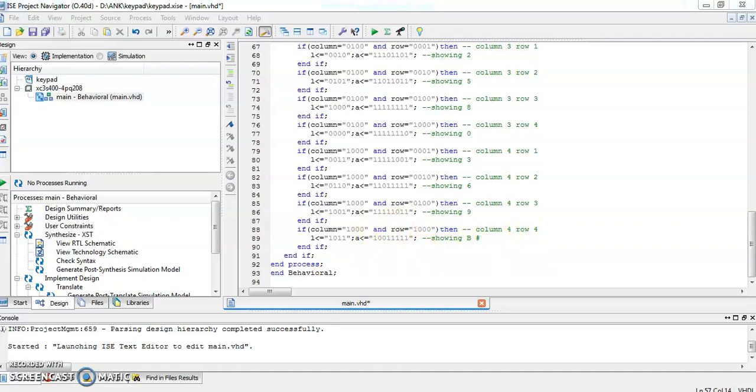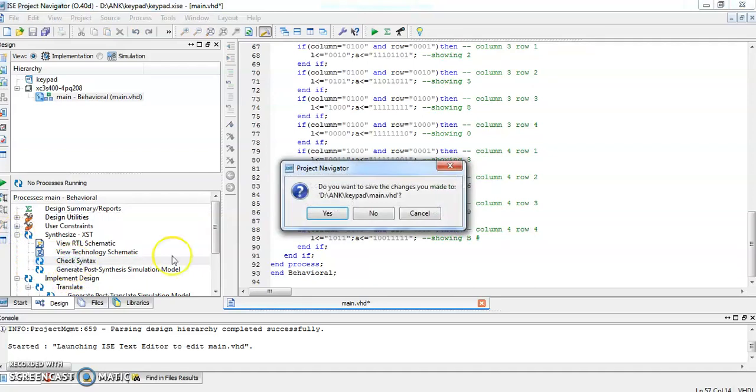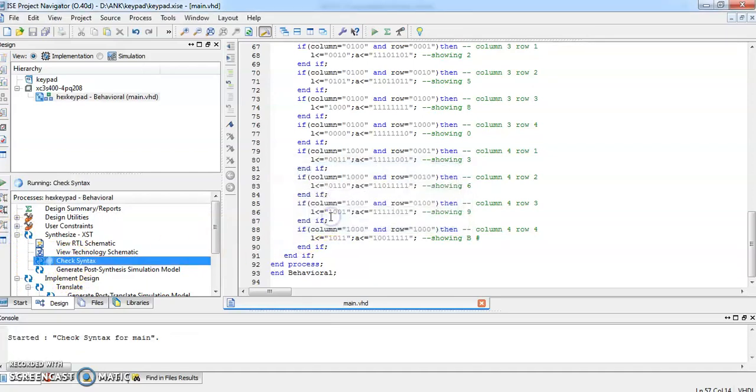Now we have to synthesize the code. So enable the synthesize option, click on check syntax to verify the syntax analysis, to see whether we have any syntax error. If we don't have any error, then a tick mark will be there.